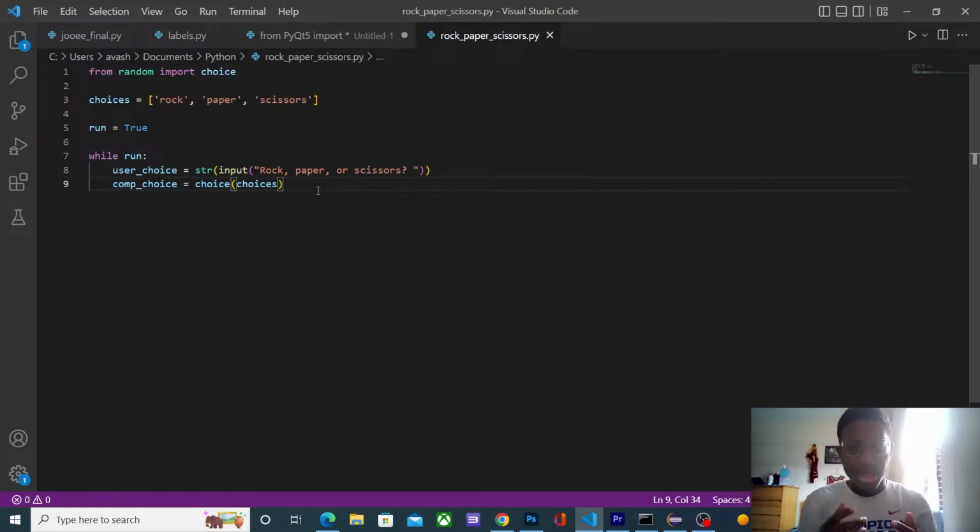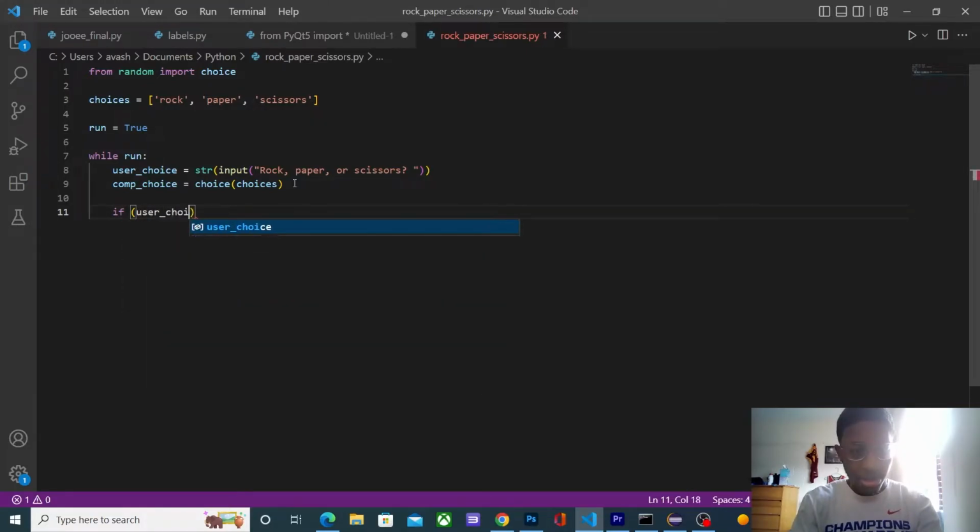Alright, now we're actually going to get into the conditional statements. So these are really the decisions that we want to be making. So for example, if I choose rock and the computer chooses scissors, what do we want to happen? So in that case, rock wins, so we want to say that the user won. So we're going to start handling cases. So the first case I want to handle is the tie, because this knocks out rock, rock, paper, paper, scissors, scissors. So really we want to do if